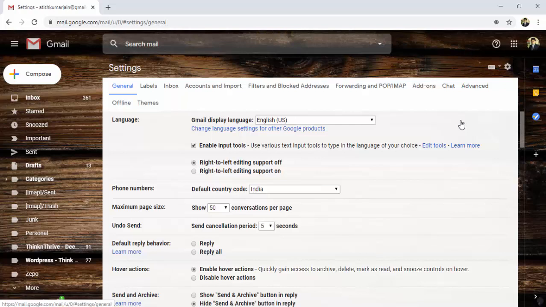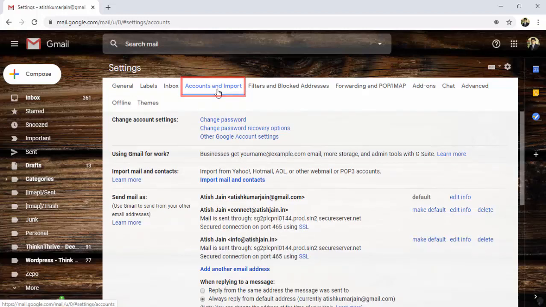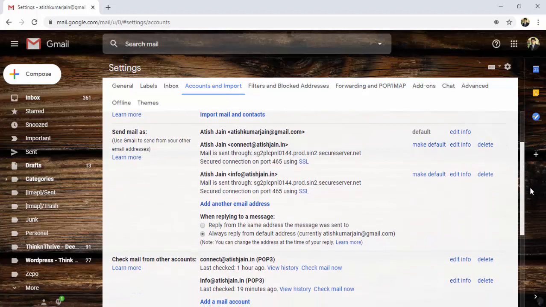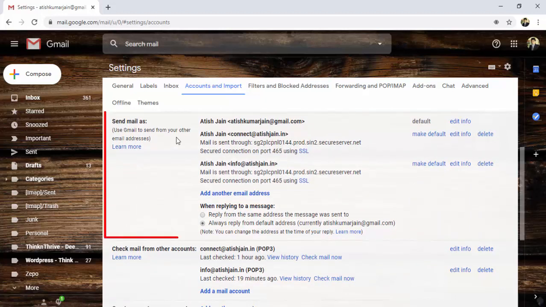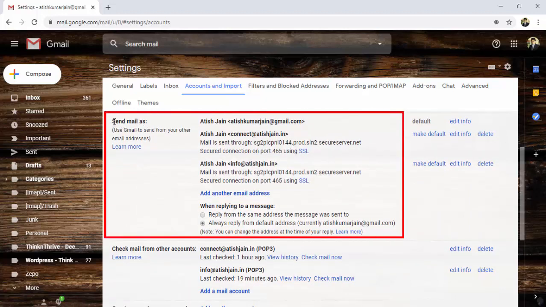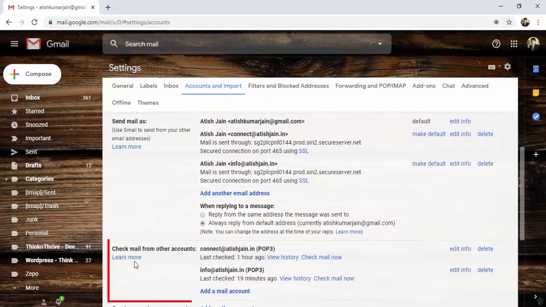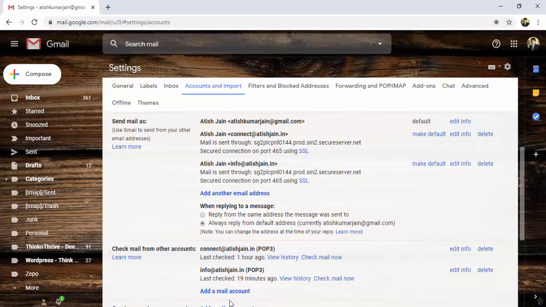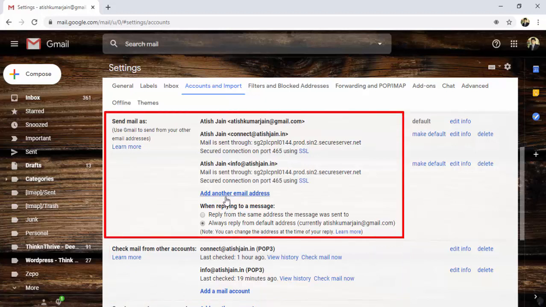Once this settings page opens, click on the option accounts and import. Here you need to do two settings. One is send mail as, and the second one is check mail from other accounts. So you have to click on add another email address.